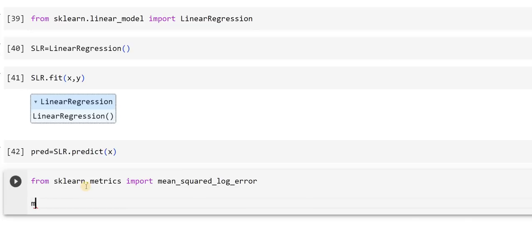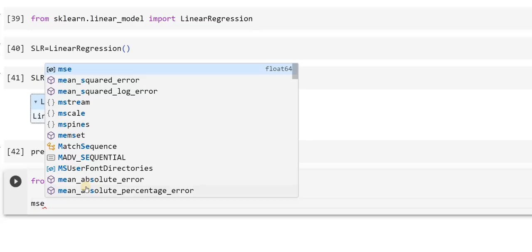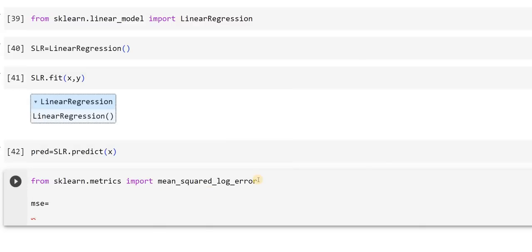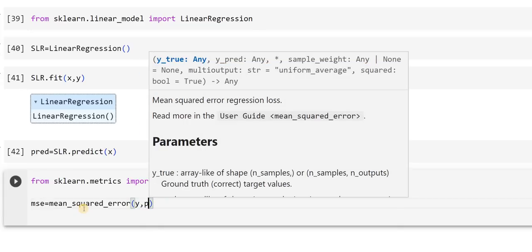Let me define it. I'll use the short form MSE. MSE is equal to mean squared error of, I'll copy the same thing, mean squared error. I am trying to calculate the mean squared error between Y and the predicted value,